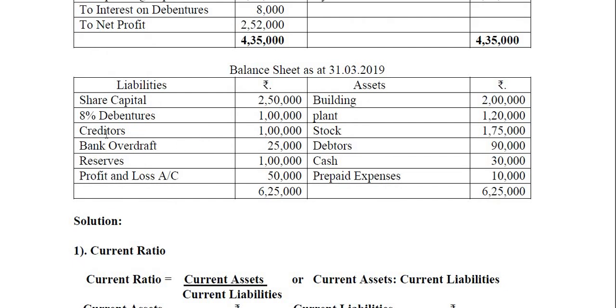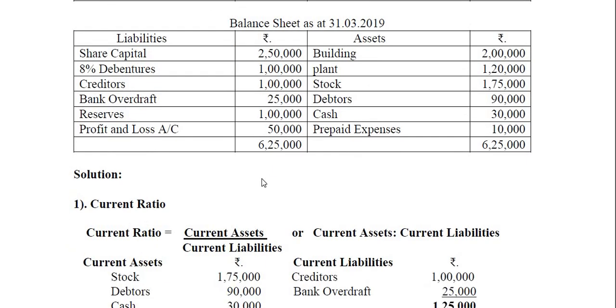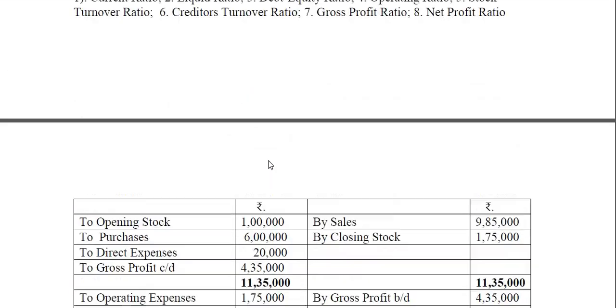Okay, now long-term debts, here you find only debentures, 8% debentures, and shareholders funds, share capital, only equity share capital is there. Then reserves and surplus, so reserves, then profit and loss account. So 2,50,000 plus 1 lakh plus 50,000. So that should be added up. No fictitious asset, so that is equal to shareholders funds. So you have to calculate the ratio. Next one is